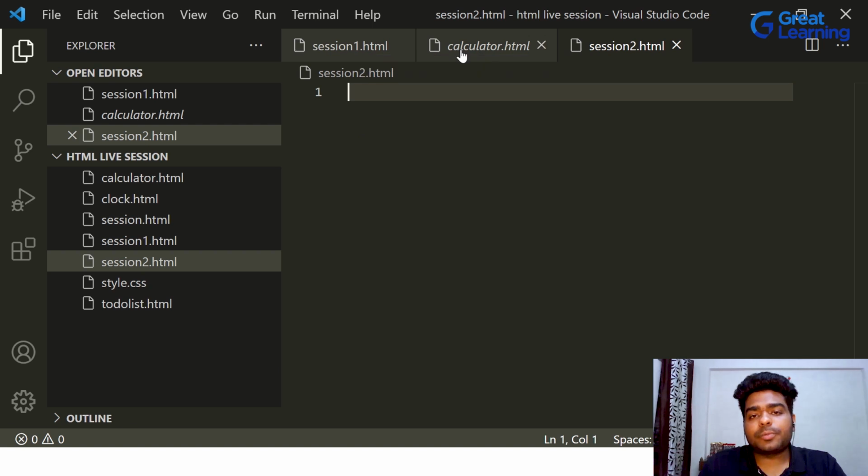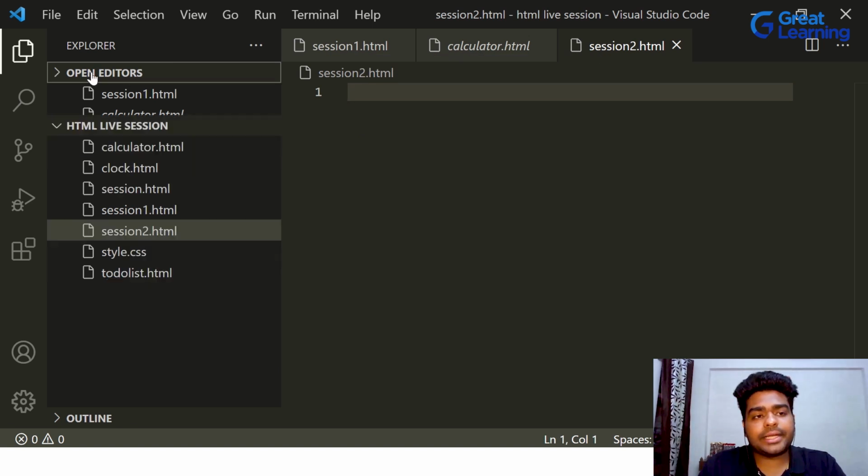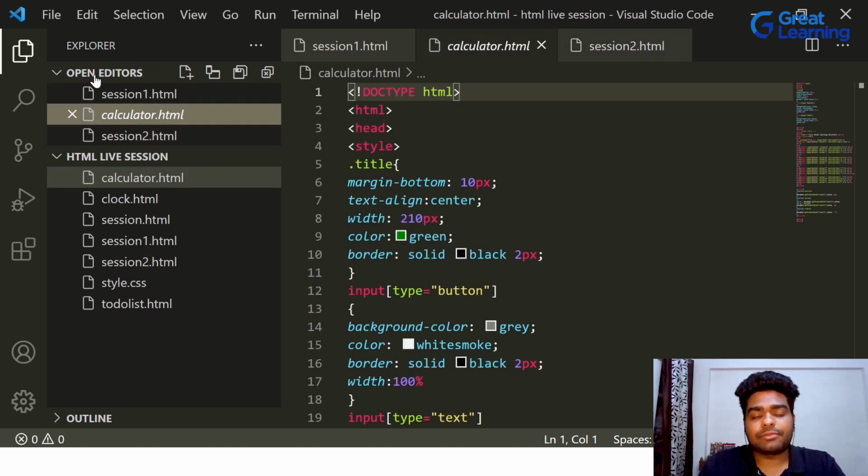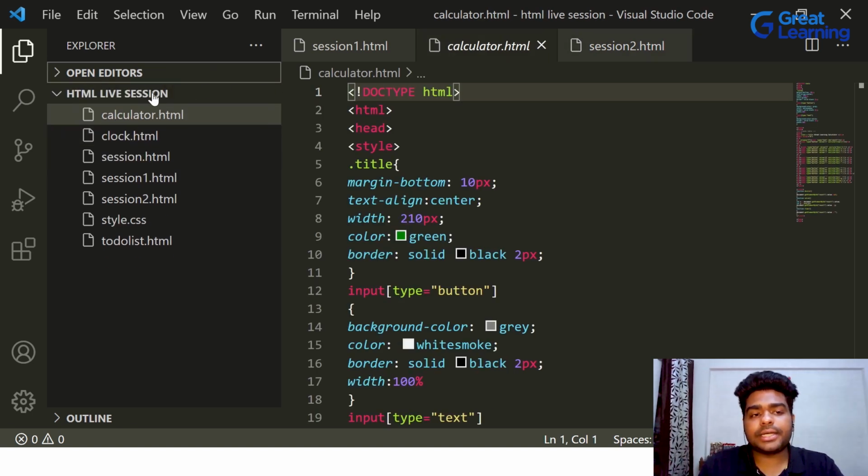Also, what all files are open in your editor, you can see here under open editors. Session 1, calculator, and session 2. These files you can also see here, so you can directly access them from here itself. Right now I'll be closing this open editor and I'll be showing you the next icon, which is the new